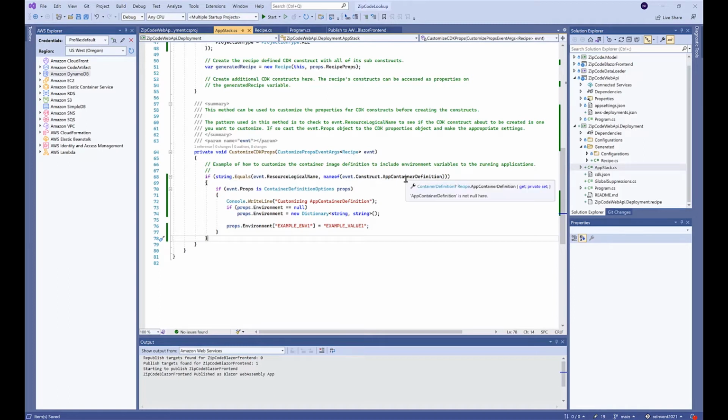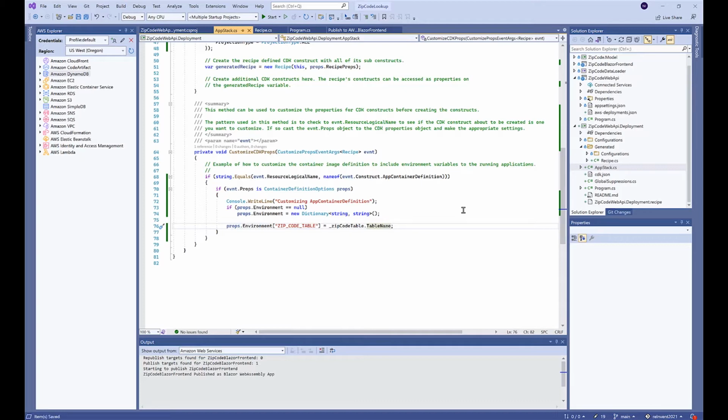And the style that we wrote those in is that the logical name in the resources map is the public property name on that construct. So I can still just use nameof the property to give me some type safety on that comparison. So now I can just set that environment name to our table name. And so now when we do a deployment, we're going to get our infrastructure code set up, we're going to create our DynamoDB table, and we're going to customize the container definition for our application to set the environment variable of the table that's going to have our information.